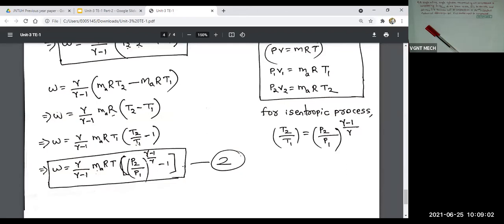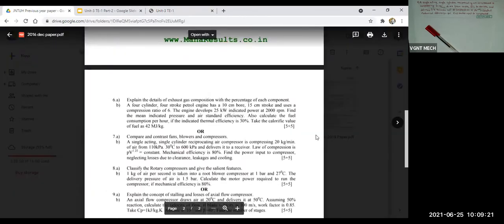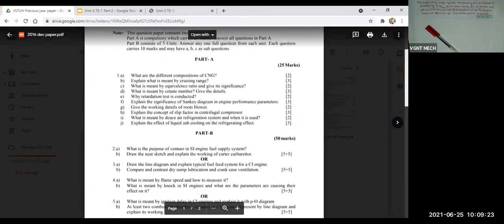Okay, so these things we have discussed. Related to this, I will play one video here. Related to this derivation, I will play one video, so that whatever we have done yesterday, everything will be clear. And after the completion of the video, we are going to solve one previous year problem. Previous year problem means I will show you the problem here.